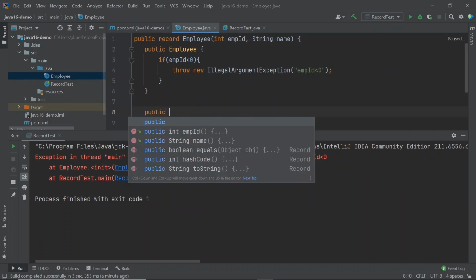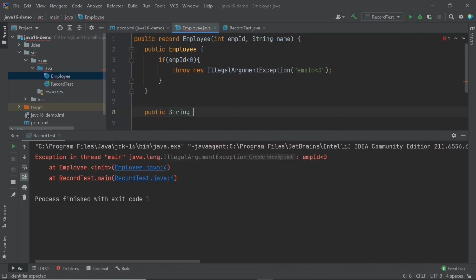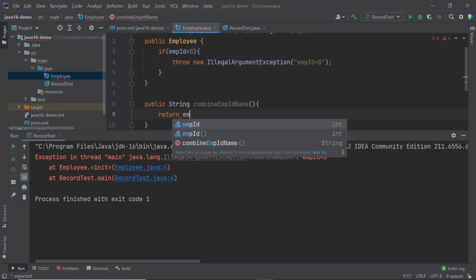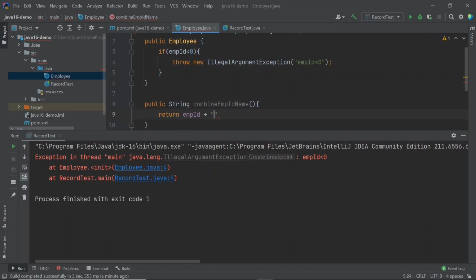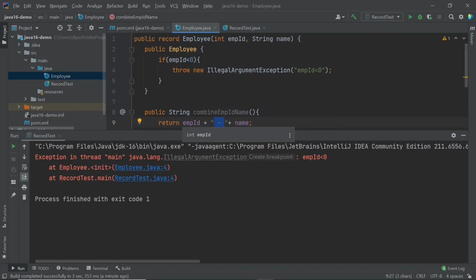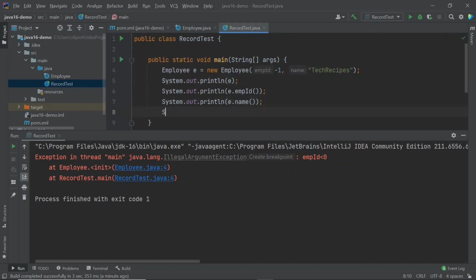For example, if you need to write some method which combines employee ID and name, say a combinedEmpIDName method, and we just append and send back the employee ID and name, we can definitely do it. We can add such a method inside a record. So let's try to call that method.